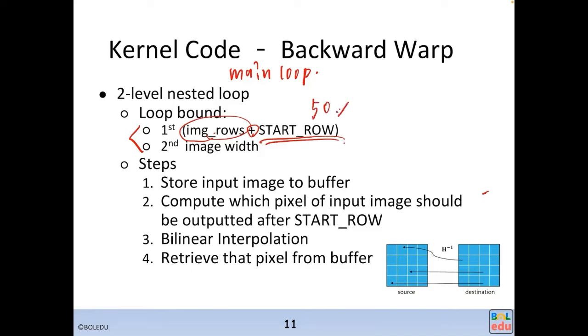This is because we need to go to the buffer to take the value. If we don't read these 50 rows first,